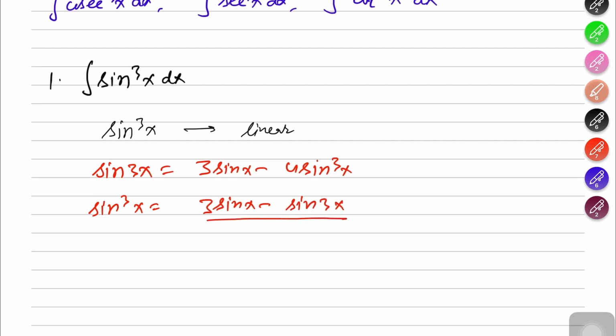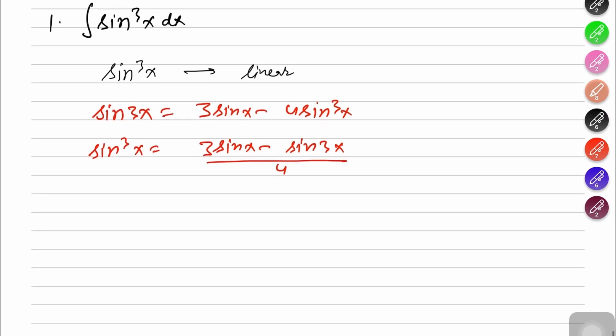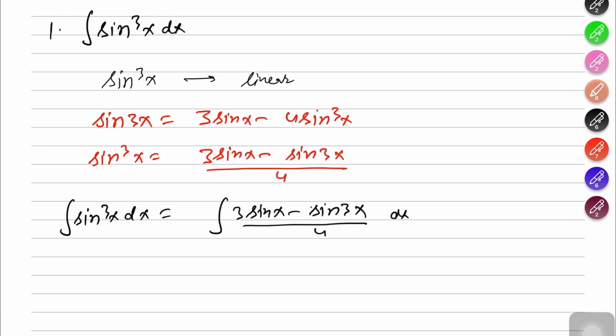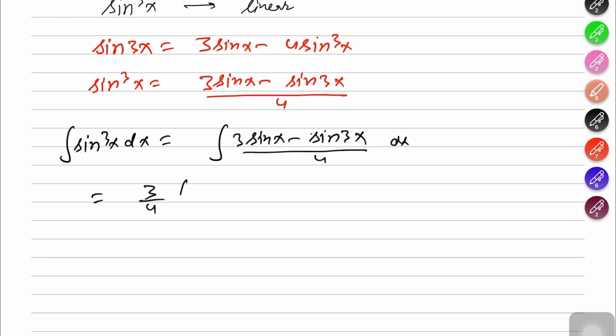3 sin x minus sine 3x upon 4. So we can write the integration of sine cube x dx as the integration of (3 sin x minus sin 3x) upon 4 dx. We can break it like this: 3 by 4 sin x dx minus 1 by 4 sin 3x dx. So now its integration is simple. It's 3 by 4 times the integration of sin x, which is